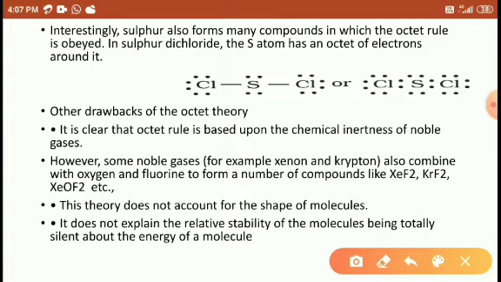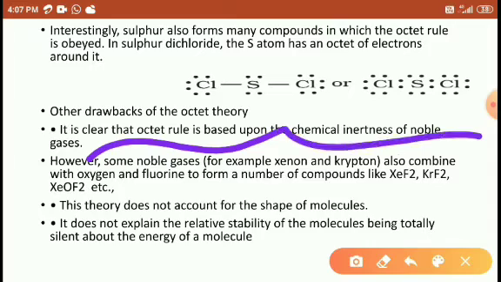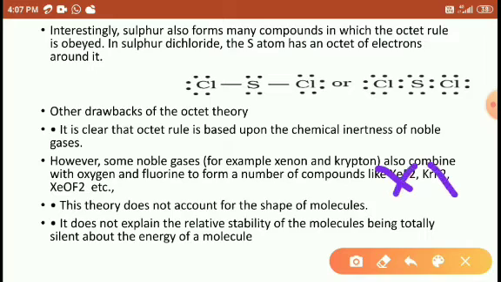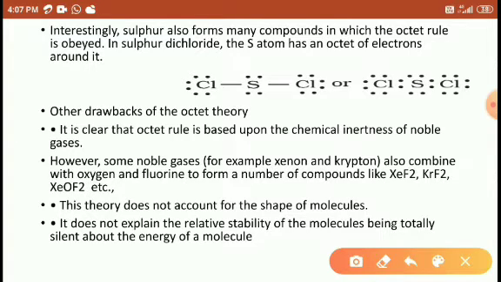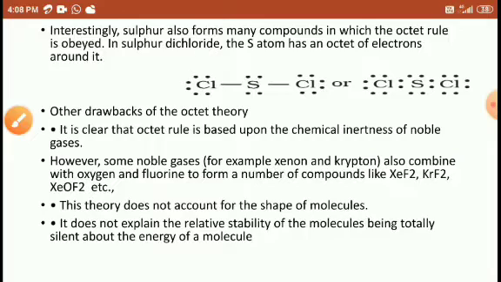However, the noble gases are completely stable here. Some noble gases are more stable. But even though, some noble gases form compounds like XeF2, xenon fluoride, krypton fluoride, and xenon oxofluorides. So these species form chemical bonds. So this is one drawback of the octet rule, because chemical bonding can be explained based on inertness, but these species cannot show the inertness.